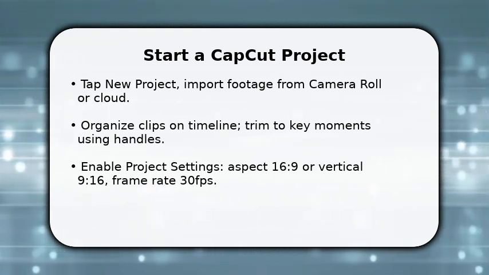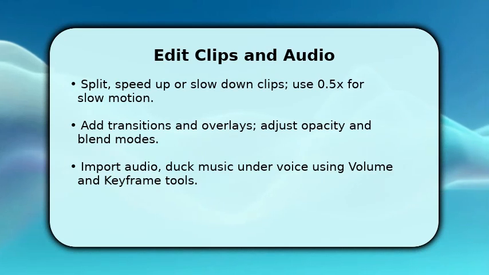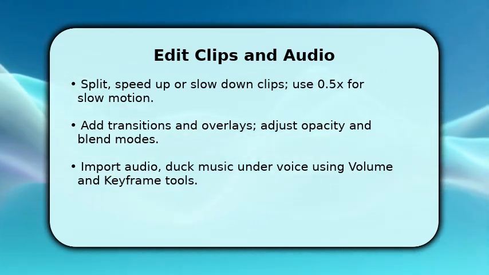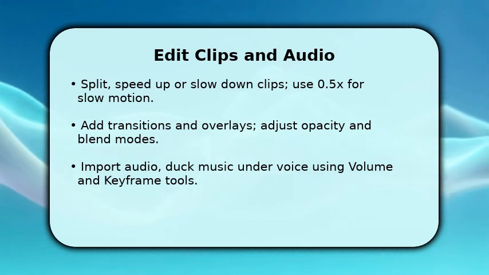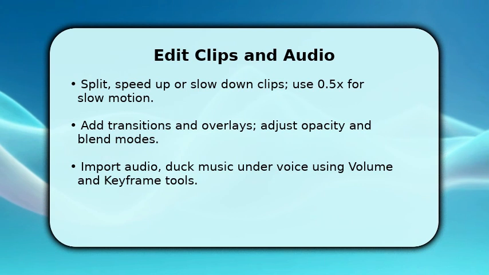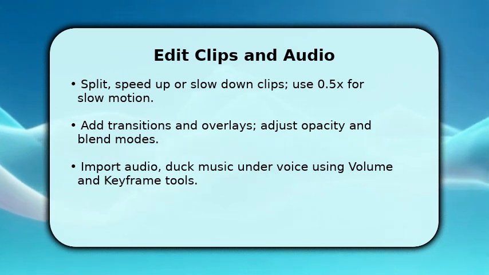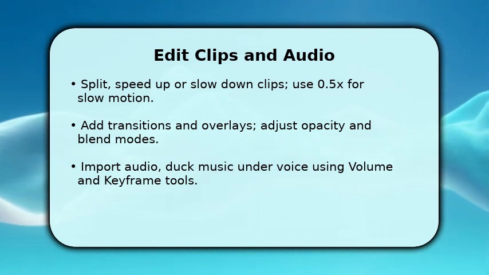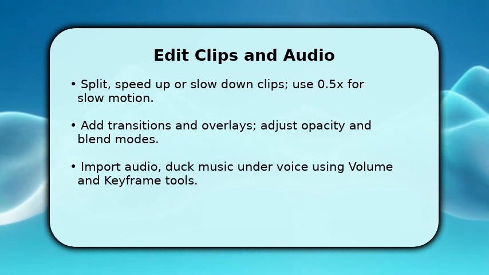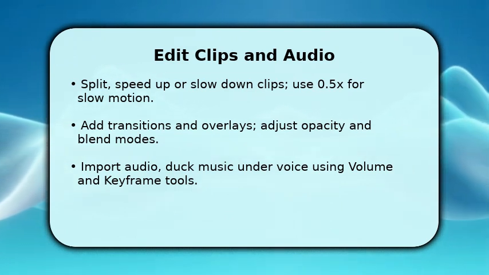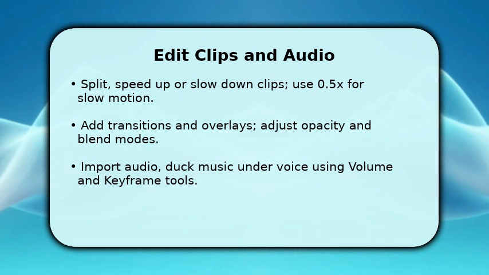Now you sculpt the middle of your edit. Split clips where action changes and use speed controls. For dramatic slow motion, try 0.5x. Once cuts are solid, add transitions only where they serve the story. Avoid overuse. Also import your music track, place it under speech, and duck the music with keyframes so dialogue stays clear. Remember to use overlays and opacity to layer B-roll, and color grade subtly, so shots finish by polishing color,